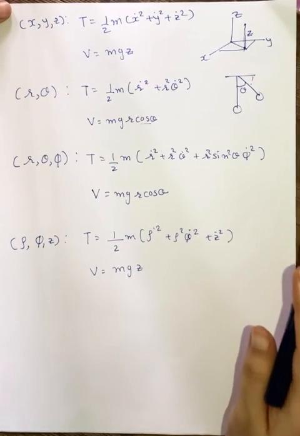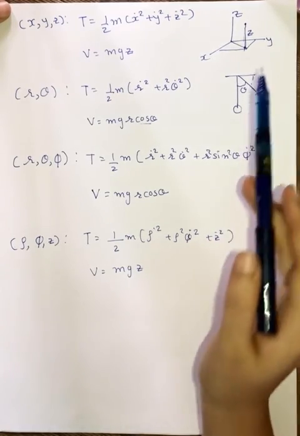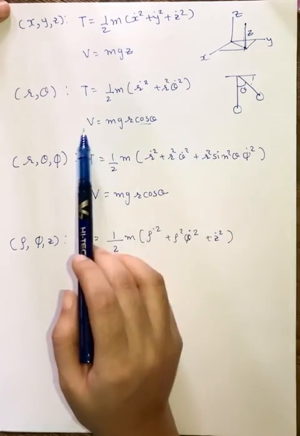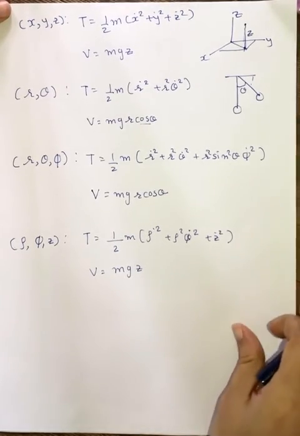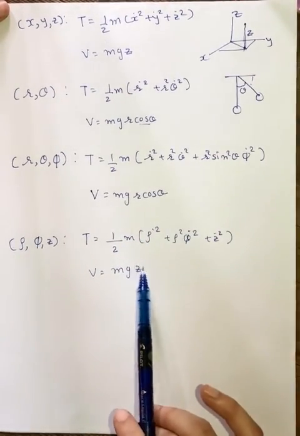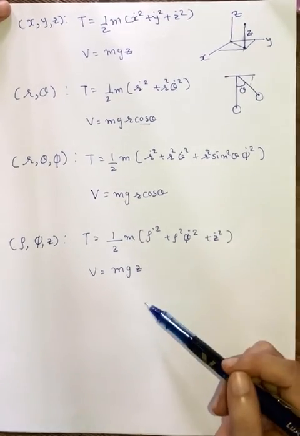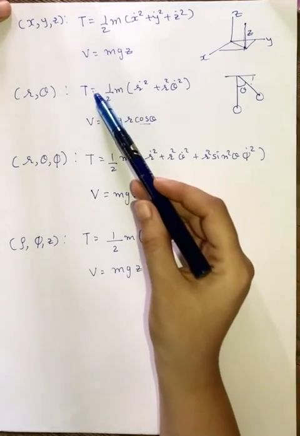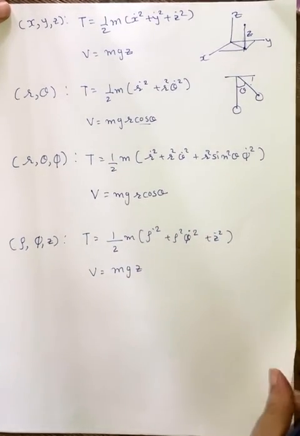Whenever you are given a problem and asked to find Lagrange's equation of motion, first you choose the coordinate system. Once you choose that, you just put in this format of T and V and solve the Lagrangian. That is it. I have made this note to make things easier, and you can also make a similar note for yourself to remember the format of T and V for each coordinate system. This is going to be very, very helpful.